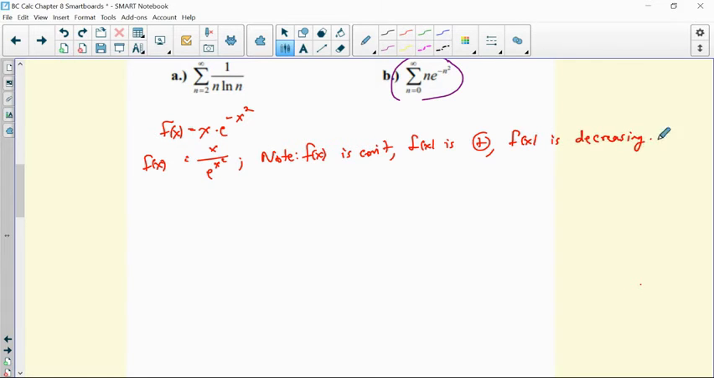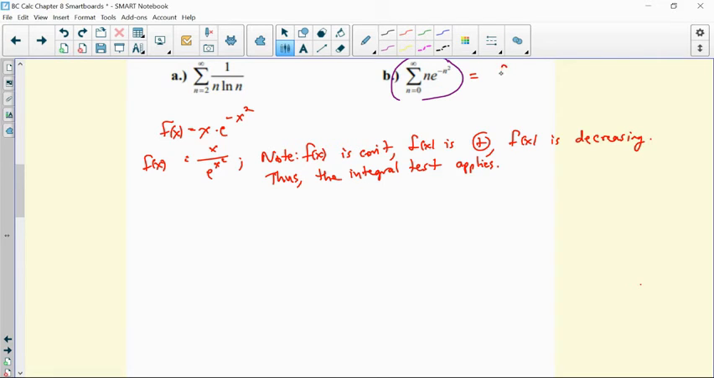So since I know all three of those things are satisfied, I know that I can apply the integral test. So thus, the integral test applies. And remember, the integral test isn't going to tell us what the sum is. It's just going to tell us the behavior. So I'm going to analyze the behavior of the